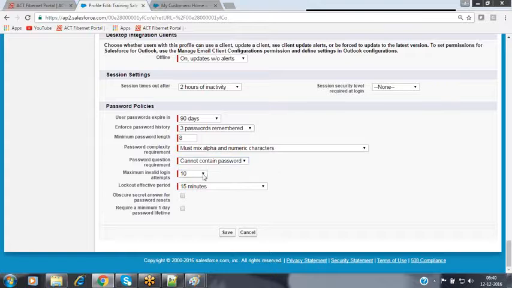The maximum number of invalid attempts here: how many attempts would you like to accept? Suppose in a banking application, whenever you specify that after 3 invalid attempts your account will automatically be blocked. In the same way here, how many invalid attempts would you like to accept? For that, set maximum invalid attempts. You can specify 3, 5, 10, or no limit, depending upon your need. We can configure that.